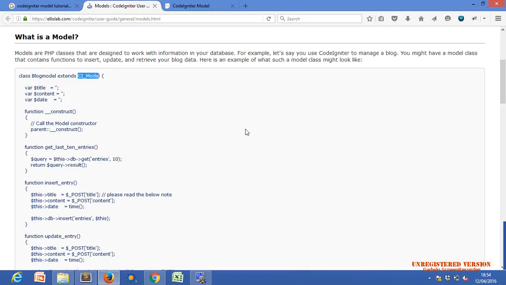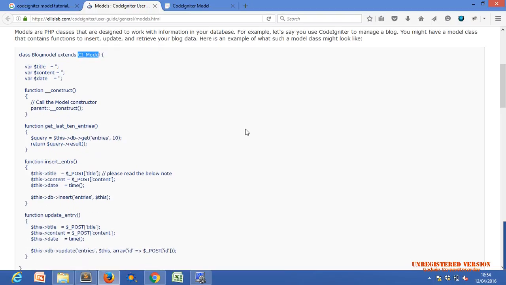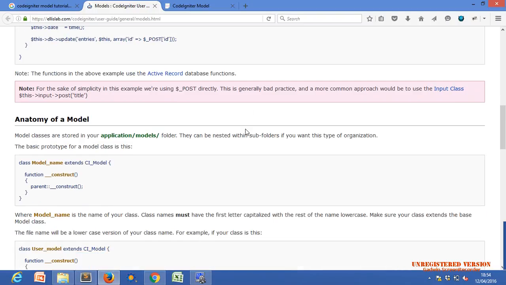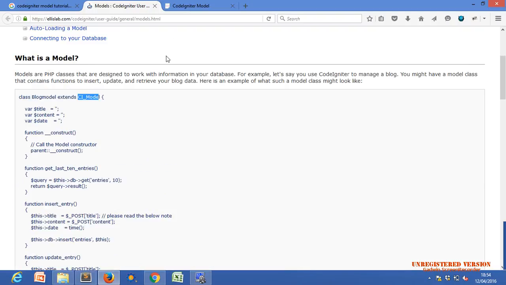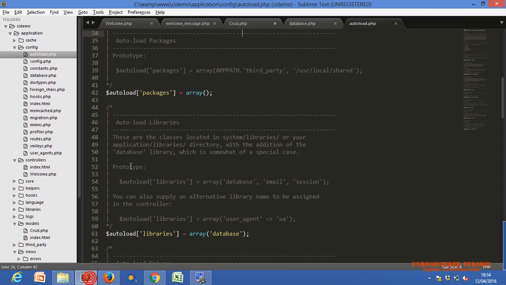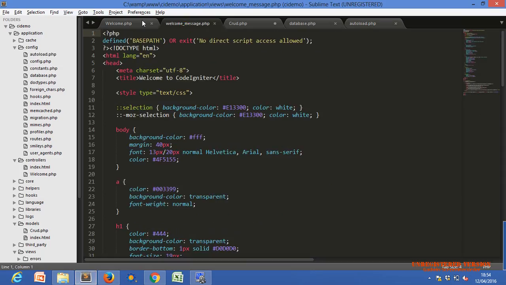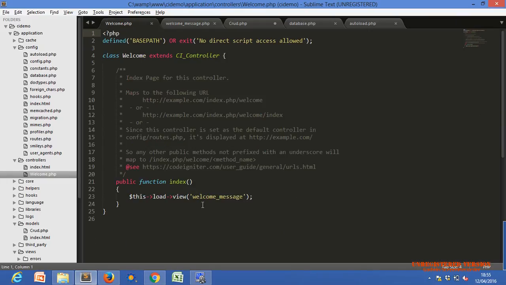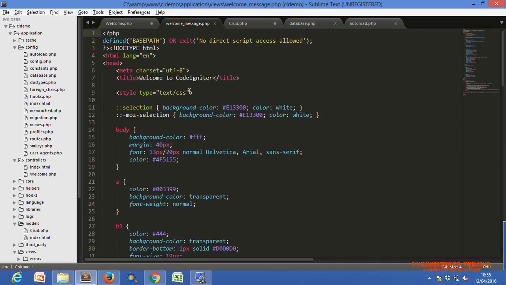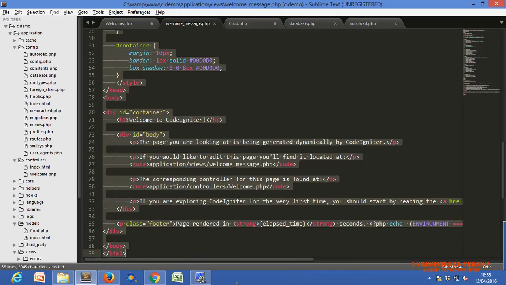In this example, what is the model, blogumite class, controller, function? Okay, firstly I'm going to change some of the welcome_message code, and this is our index method. Just before that I will call my model. I'm going to change some code here. I just want to remove all this code.